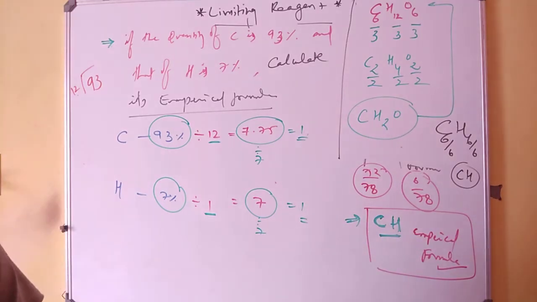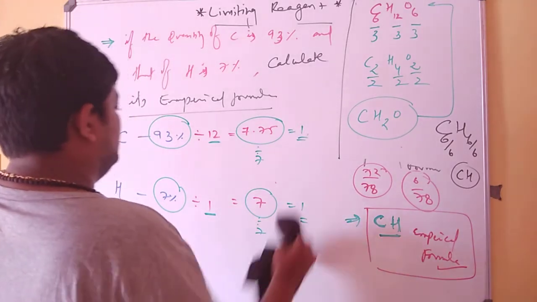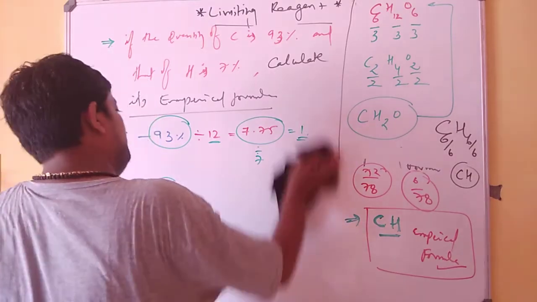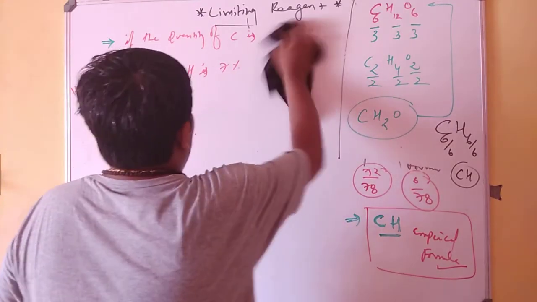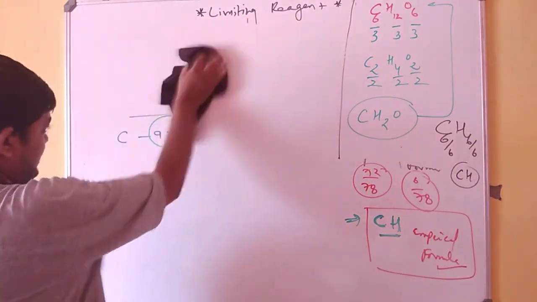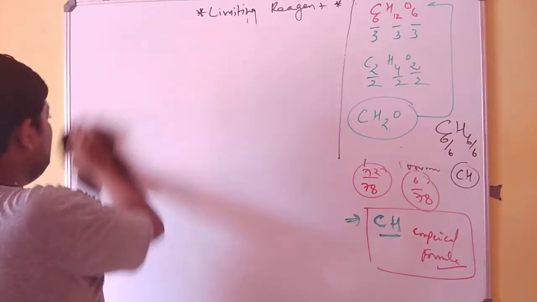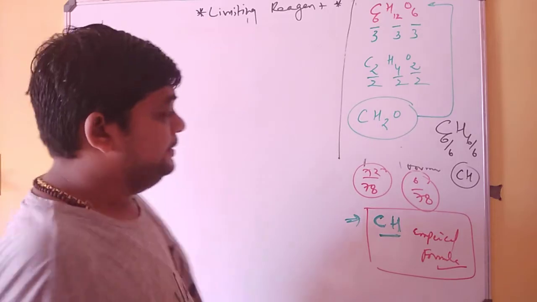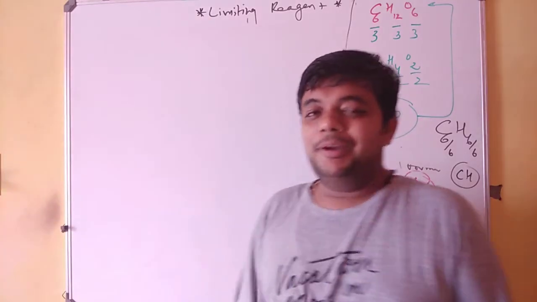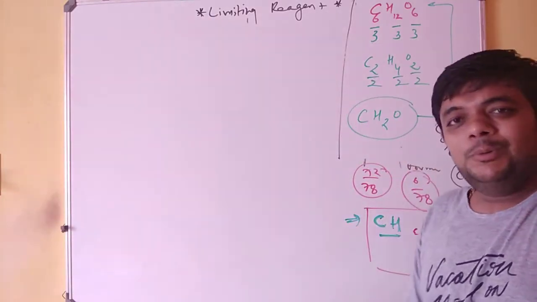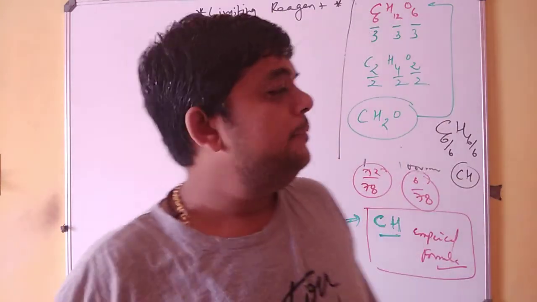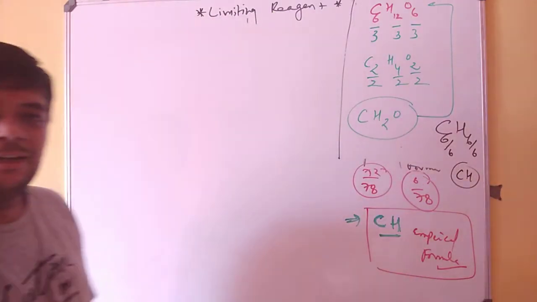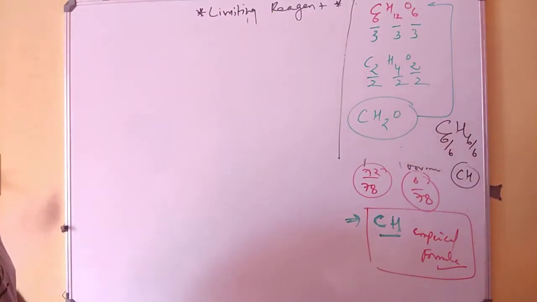And I'm not going with the definitions and stuff like that because I am more interested to just make you learn empirical formula. The reason for me taking this example is the standard in which you are studying, as you have described to me in the message. You will find such kind of numericals. That was the hint I wanted to give you. Otherwise, this is a very simple way to help you know what is empirical formula.